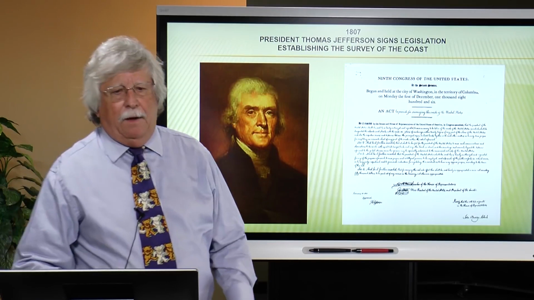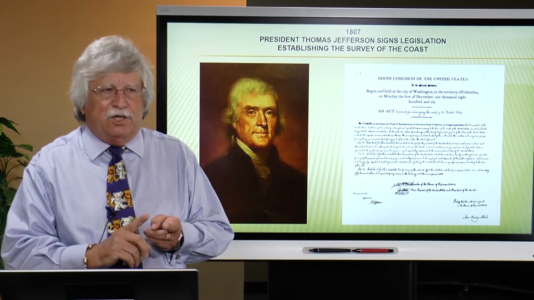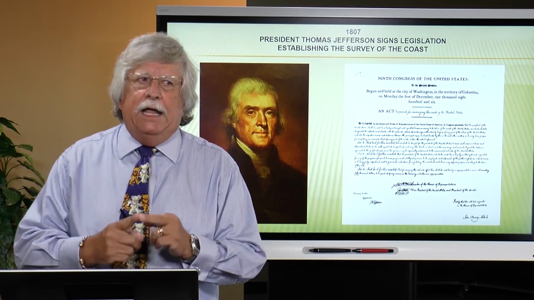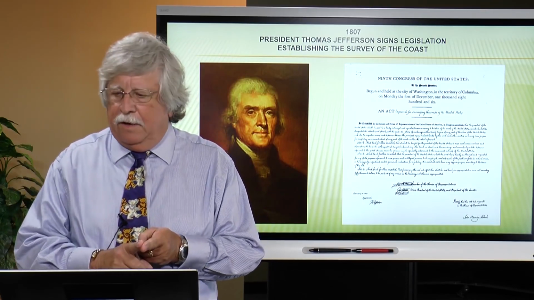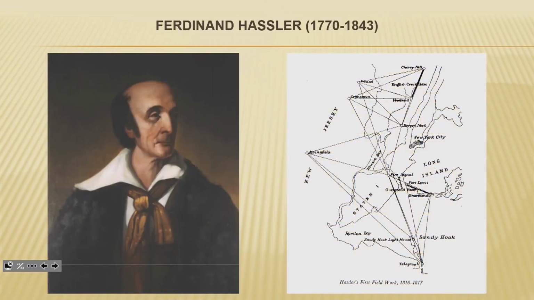All of this, at least in the United States, was originally defined by Thomas Jefferson. Thomas Jefferson was president in 1807, and he created the Survey of the Coast. Jefferson, being a surveyor himself, understood the need for a mapping system for the United States. He created the Survey of the Coast through the Act of 1807, in which he created this institution and hired this gentleman, Ferdinand Hassler, to be its first